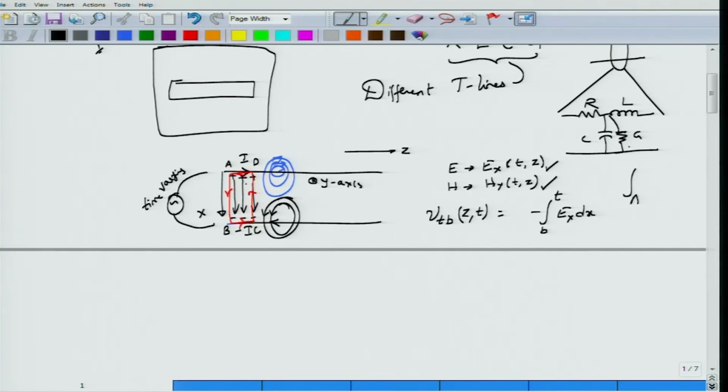sorry, I made a mistake again. So this is the loop A, B, C, D that you are taking, and you are taking the line integral of the electric field around this path. This would turn out to be equal to 0. So this is a closed path A, B, C, D, and the line integral of the electric field around this closed path will be equal to 0, because the electric field from A to B is the same as the electric field from C to D, and there is of course no electric field between AD and BC,